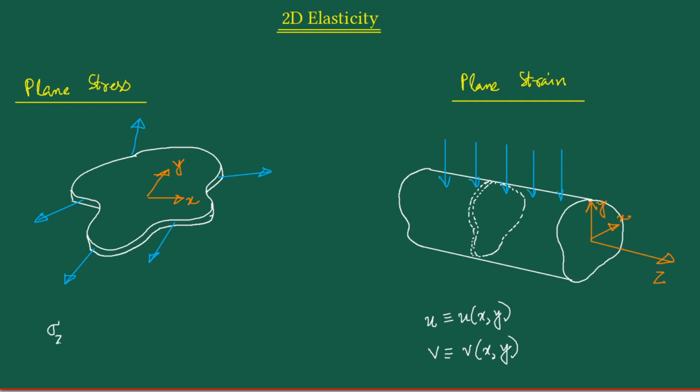All the stress components that have anything to do with z, so sigma zz, sigma zx, and sigma yz, will be equal to 0. Okay, this is very important to note. Furthermore, the sigma xy will be a function of x and y. The sigma xx will be a function of x and y,